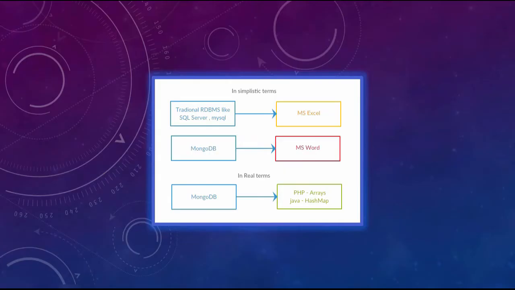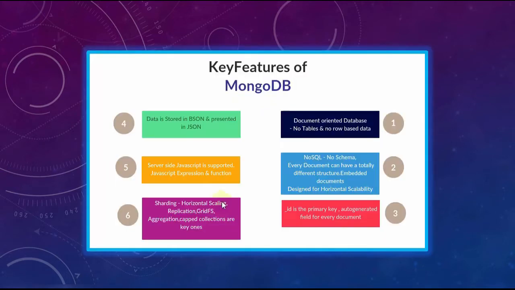For programmers, MongoDB arranges data similar to PHP arrays, and in Java or C# similar to hash maps. So you can put anything into anything and the structure can be changed dynamically, and different kinds of data can be kept in a map. Just remember this: the MongoDB data is stored in binary JSON internally, and for external viewing it is presented in JSON format.